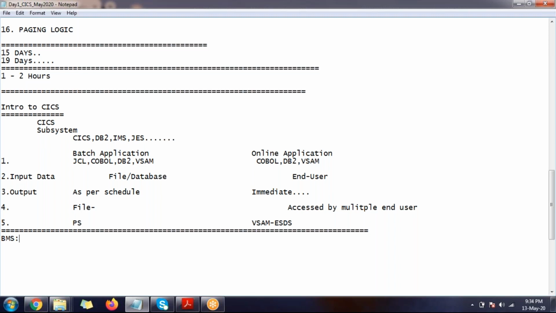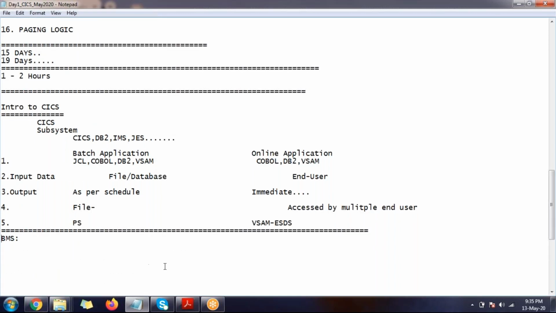That is an online application. Getting a bank statement, credit card statement, ATM statement, that is a batch application. I just was confused about this batch and online, so that's why I'm asking. Okay, fine.